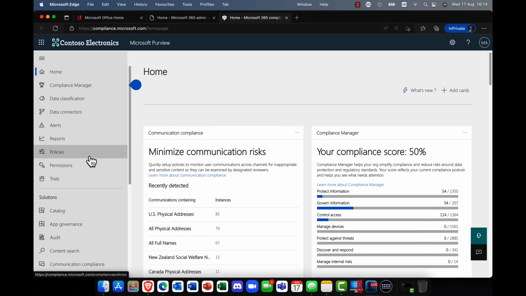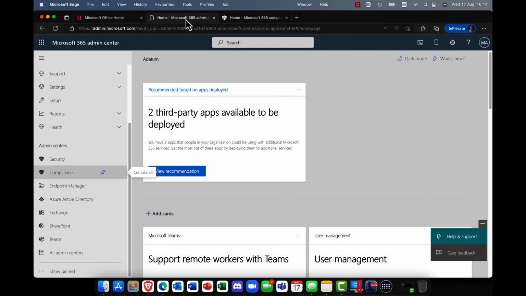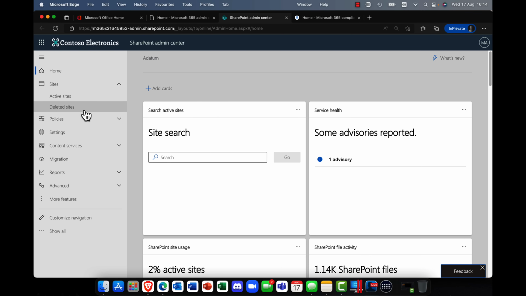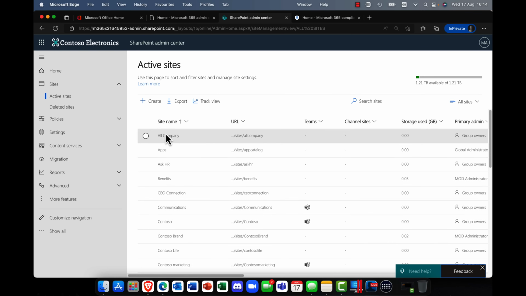Now, as I mentioned, what happens to your data when you delete a user account? Of course, everything is deleted. And it goes into what we call a recycle bin. And in fact, I'll just show you how this works. In terms of things like SharePoint document libraries, OneDrives, and personal files and things like that, the way that works is if I come into SharePoint here, and in SharePoint, if I go into, let's say, an active website here,